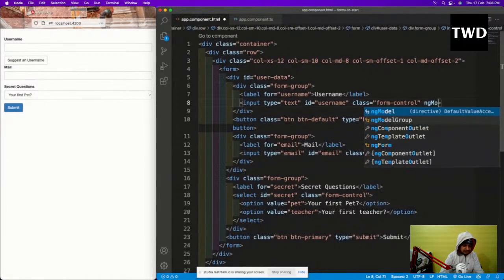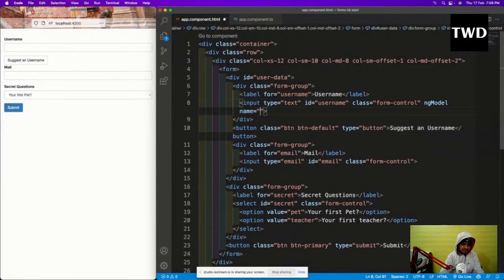I'll have ngModel, and name equal to... here the name is very important. In React the value is very important, here the name is very important. Name is username. And see, this ngModel is different than what we have seen; the brackets and all that are not there.